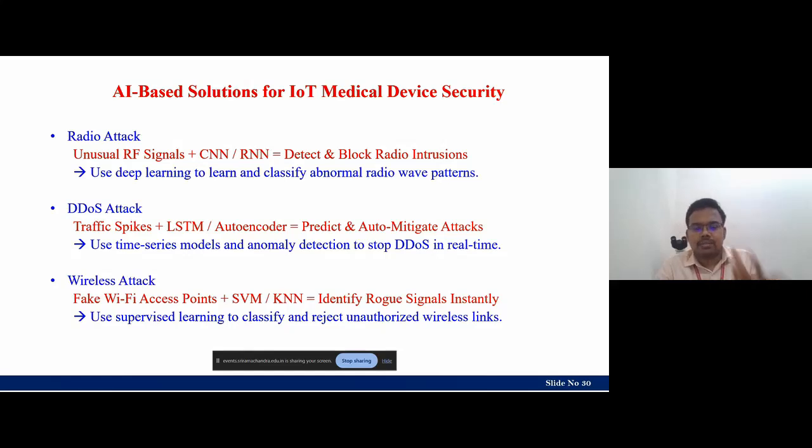So many attacks are happening, and with this I would like to conclude my session. I hope you got a clear idea about what is IoT, what is a medical device, what are the vulnerabilities in medical devices, what types of attacks are available, how to identify the high-risk impact-creating attacks, and finally how to leverage artificial intelligence for